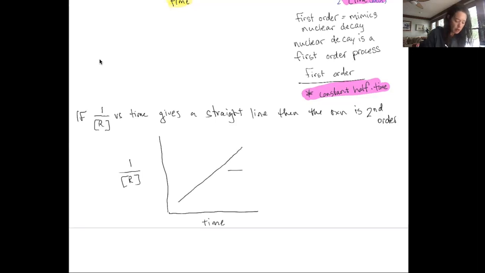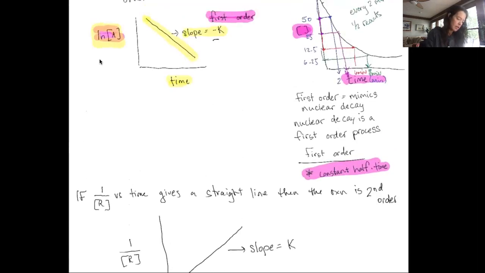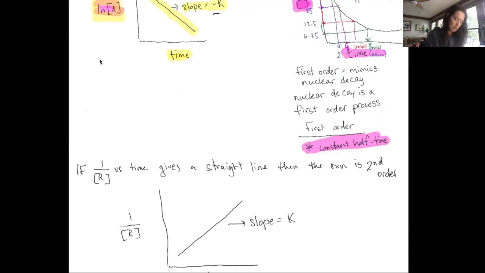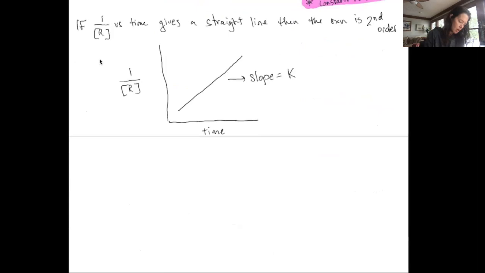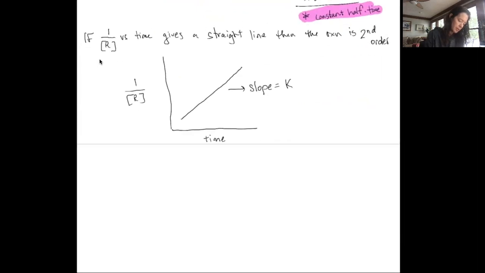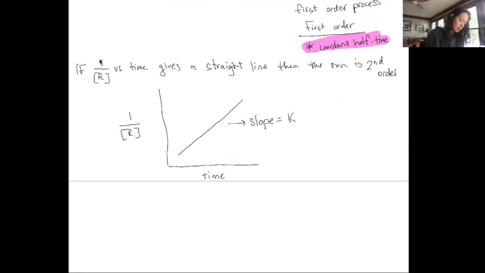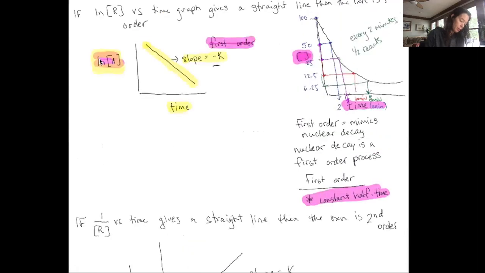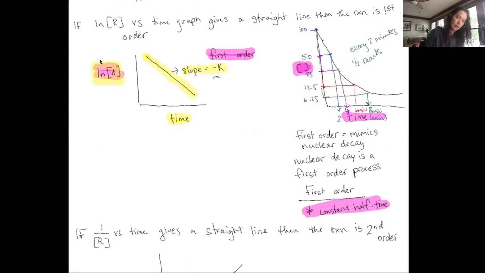So this time, because the slope is positive, the slope will be equal to positive k, because k is always a positive value. So we don't have the negative sign there as we did up here where we have the negative k. The slope was negative there, so k will end up being positive. Okay? Now that's really important. Another thing, I'll go ahead and write up here by our first order data,